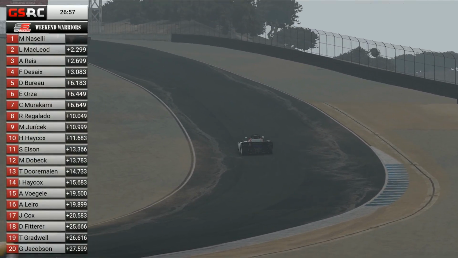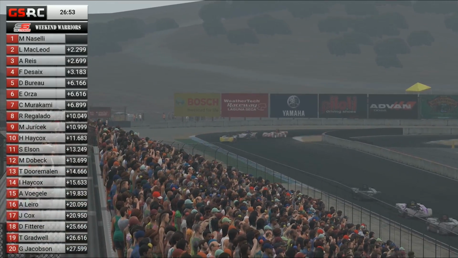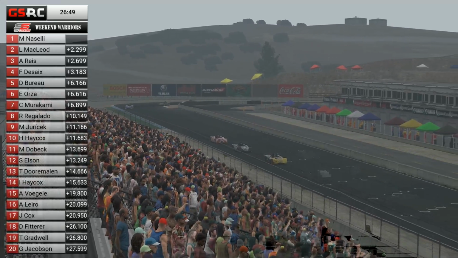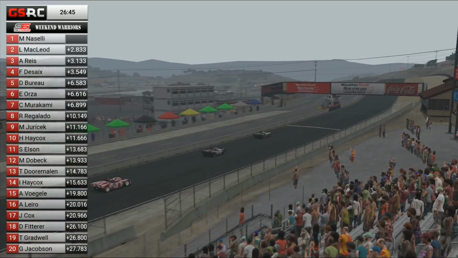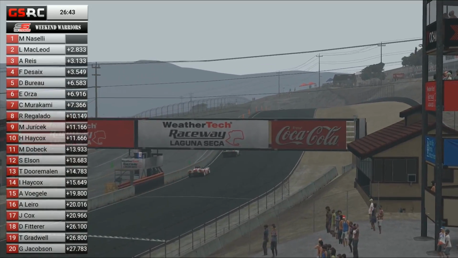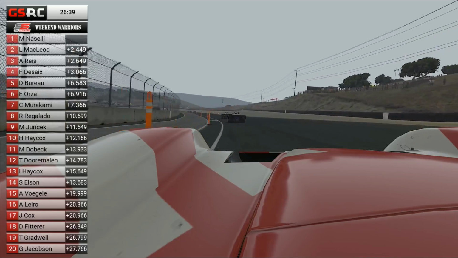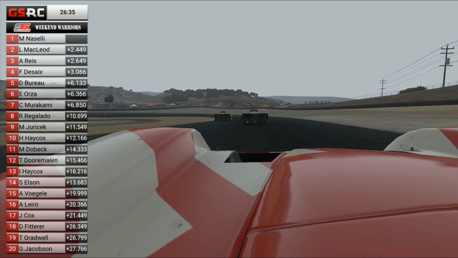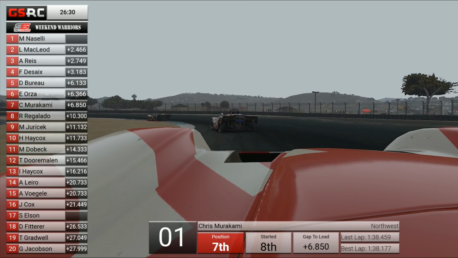I was a bit surprised that he pitted so early, but as also the battle for P6 is still going on at the moment, and it looks like Dominique Bureau is under attack from Orza and Murakami. So Bureau's kind of dropped his pace a little bit, but maybe just doesn't want to overdrive the car at the moment. And if Dominique is worried about that Spec 2 championship, well, he doesn't...